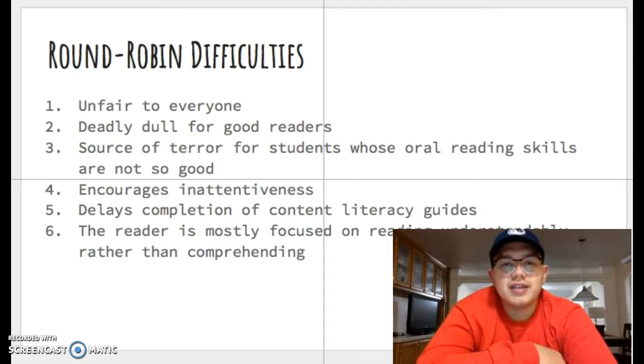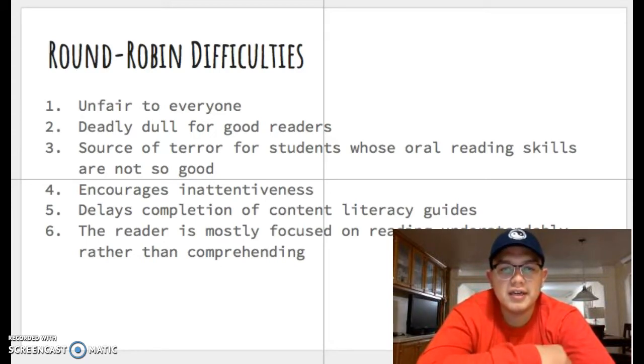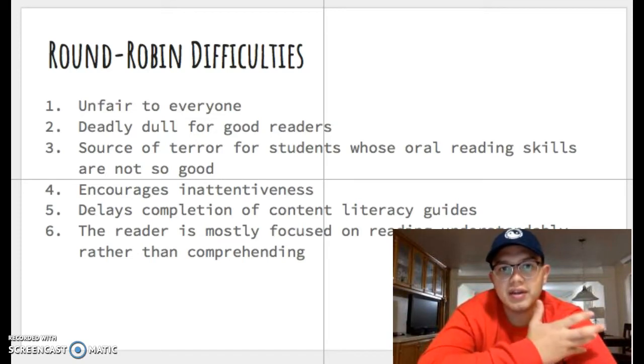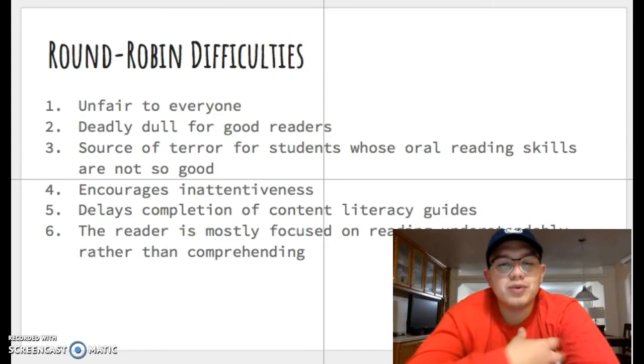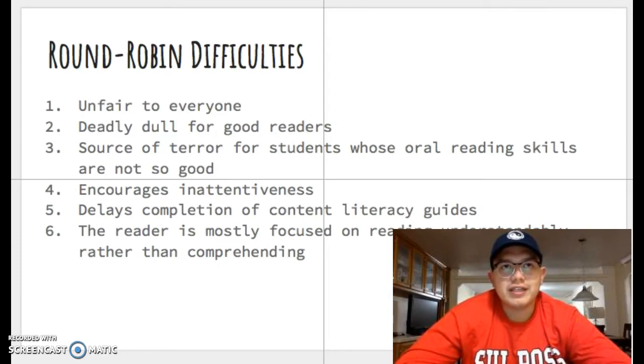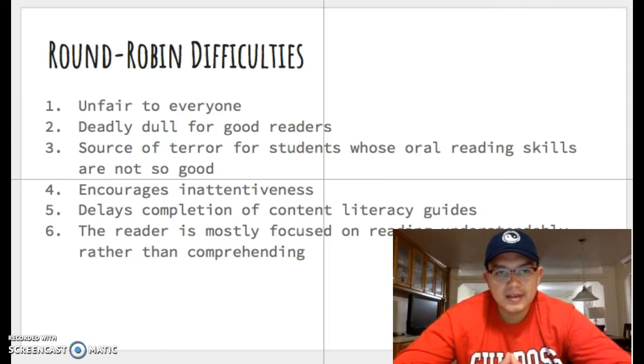It encourages inattentiveness, unless it is almost your turn. And it delays the completion of content literacy guides. And lastly, the reader is mostly focused on reading understandably rather than reading to understand for himself. Usually the one reading out loud is just focusing on pronouncing everything correctly and things like that. And yeah, I really disagree with round robin difficulties now. So yeah, this chapter was really